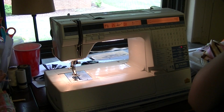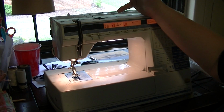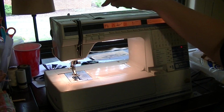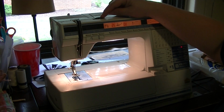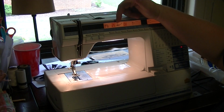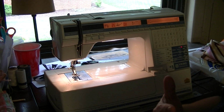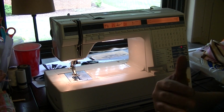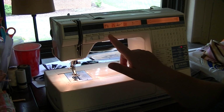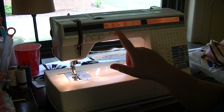So anyway, the first thing about the tension: with normal cotton fabrics, where there's just a couple of layers, I usually have the tension somewhere between 6 and 5. And when I'm sewing something that I'm going to close up, if that makes sense, it wouldn't be like a top stitch or anything like that, like if I'm making a purse or these bows that I've been working on, I will use 2.5